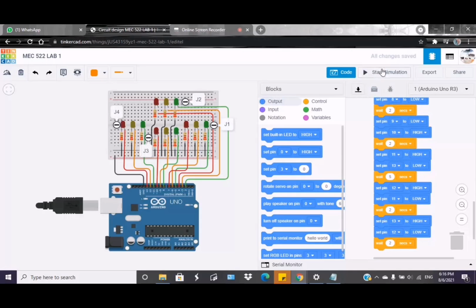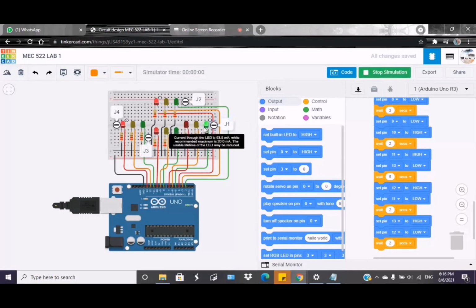Okay, let's see how the prototype works and simulates. At the junction 1, the green light is on for 5 seconds and changes to yellow, followed by red for 2 seconds, and then continues to junction 2, the green light is on for 5 seconds, yellow 2 seconds, and then red 2 seconds, and then the loop continues to junction 3, green light 5 seconds,